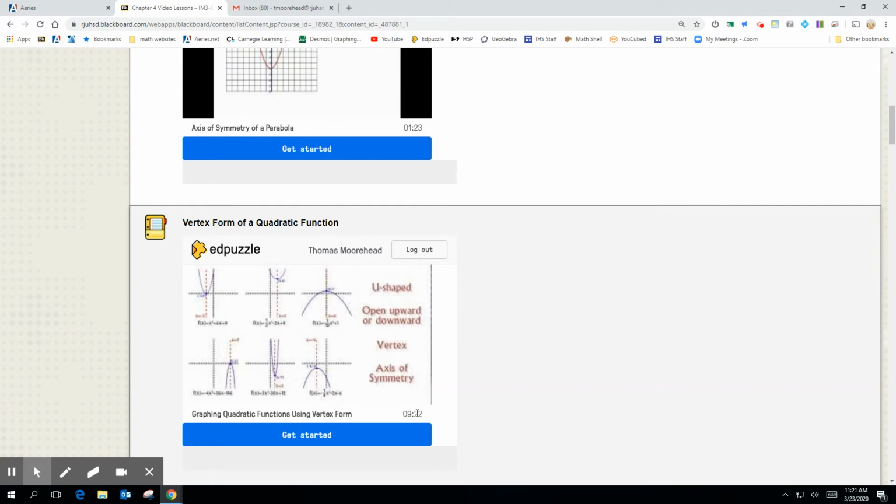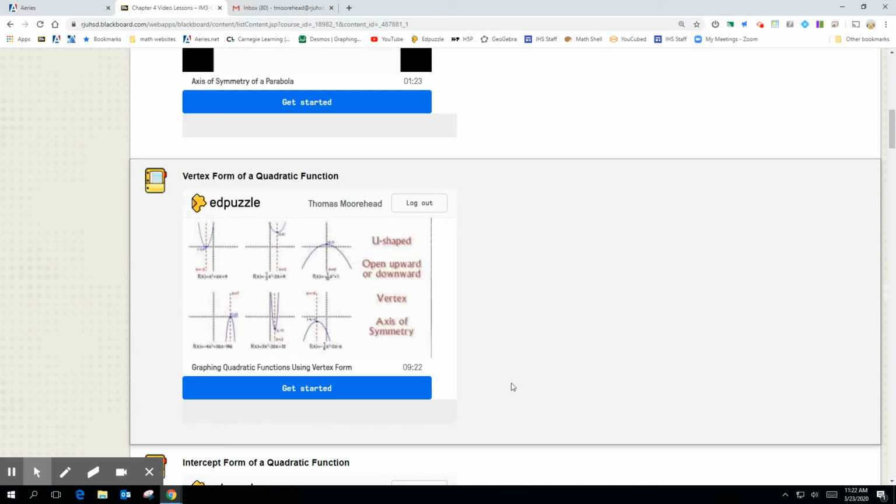And here's kind of a longer one, but it talks about the vertex form of a quadratic function. So it's a 9-minute video. Definitely worth your while to watch these for two reasons. It could help you see what's coming up in the chapter, or as you're working on the section, if you're having trouble with a concept, you could go to these videos and maybe there's something there that will help you understand it a little bit better. And some students actually, right before they take a quiz or exam, like to watch these videos because it's a pretty good review.